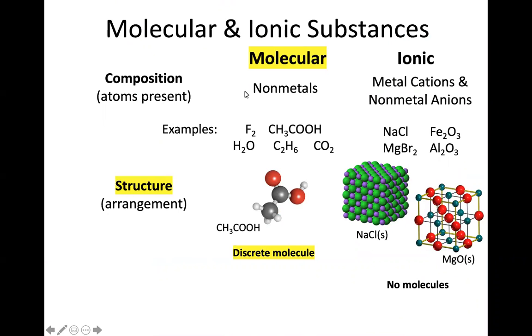When we were seeing molecular ones, for example, we would be expecting discrete, distinct molecules. When we were looking at ionic compounds, no molecules, we just had this extended solid that kept going and going, and we'd be using empirical formulas to communicate the ratio of the atoms that were present. We looked at naming of the ionic compounds: sodium chloride, magnesium bromide, aluminum oxide, iron(III) oxide. That's how I would be naming those ionic compounds.